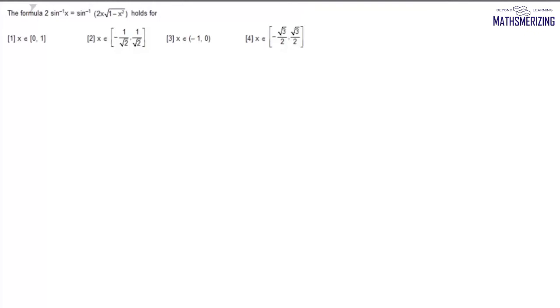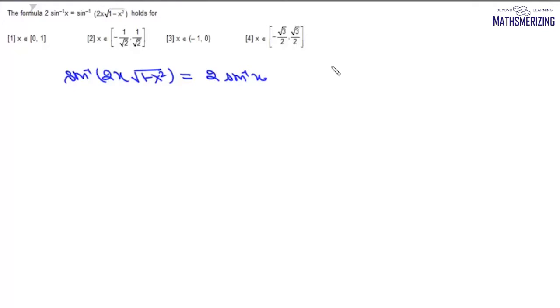Now there'll be many questions where you'll be given some result and you are supposed to find the conditions on x for which this result holds. So here we are given sine inverse of 2x into under root of 1 minus x square, and it is equal to 2 sine inverse of x, and we need to find that this formula holds for which of the following set of